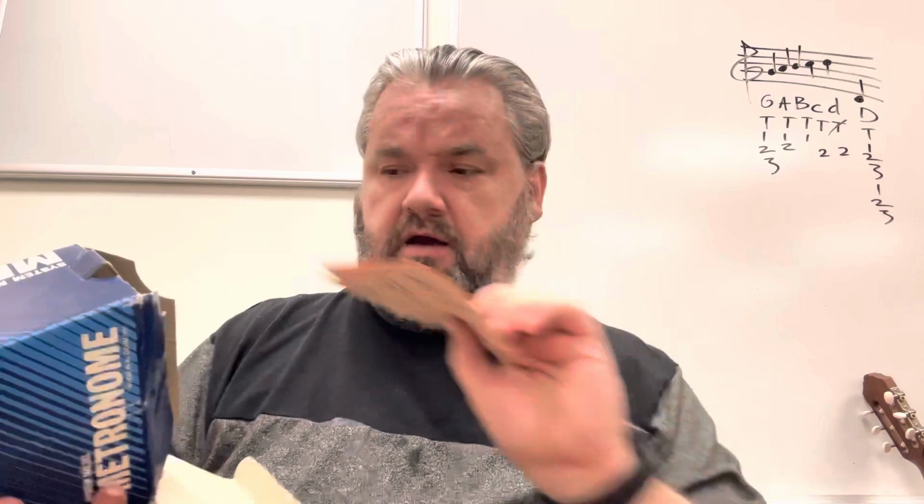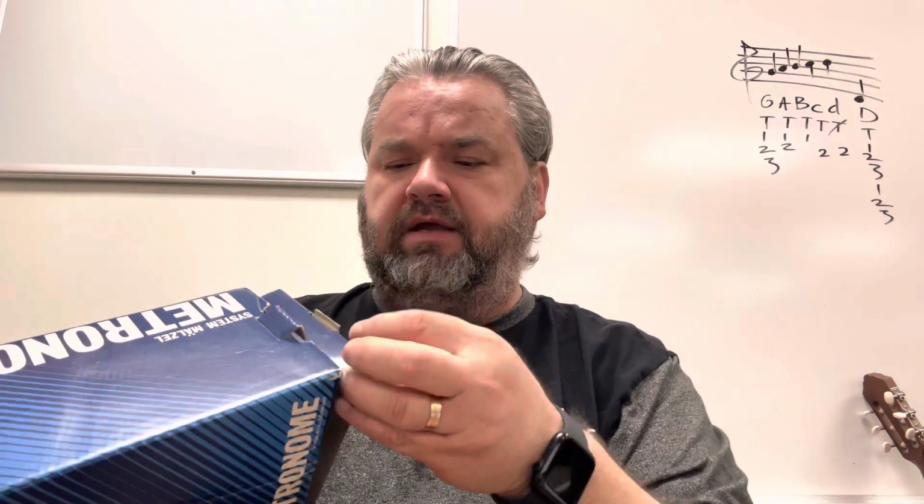Do any of you still use a metronome when you practice? You should. There's lots of reasons for that. The main use for a metronome is obviously to get from a slower tempo to a faster tempo gradually. One problem is that people usually don't have the patience to go gradually. They go too soon to tempos that are too fast, so then they just give up. So a metronome is going to help you gradually increase that speed, but also very helpful for many other things,